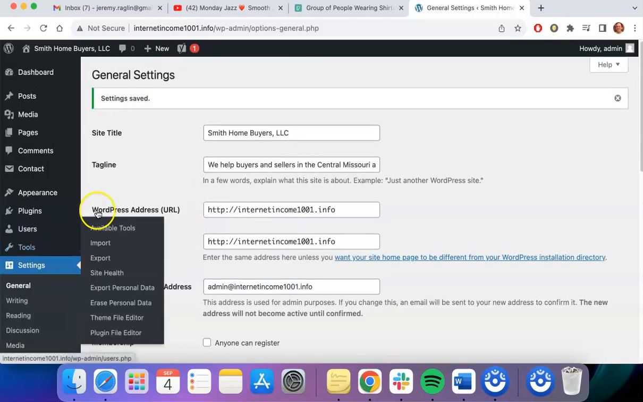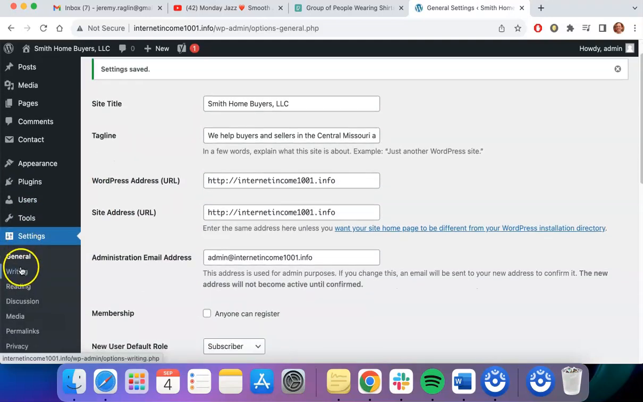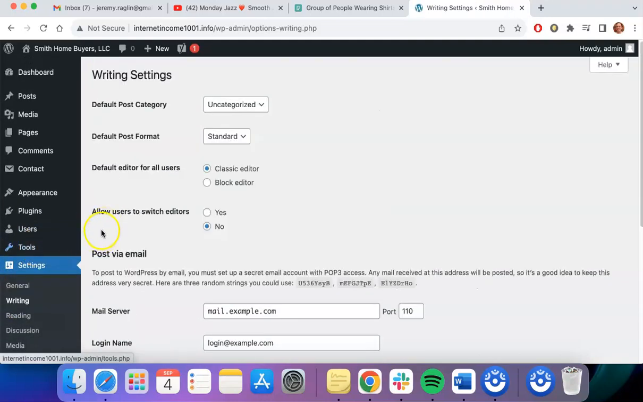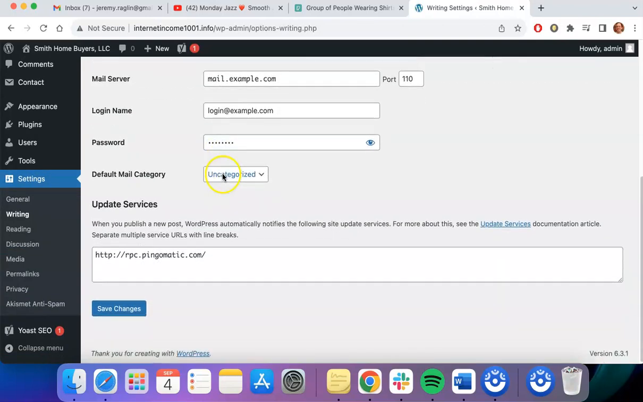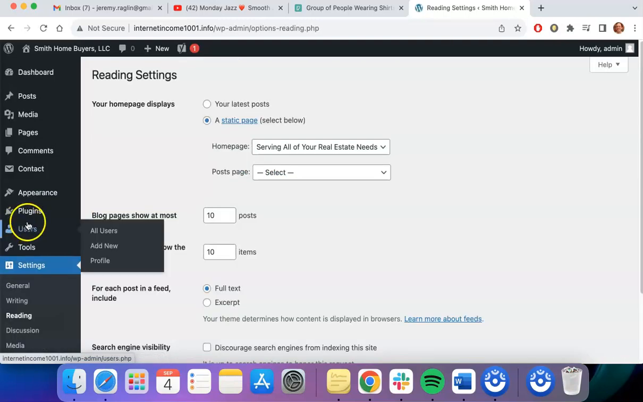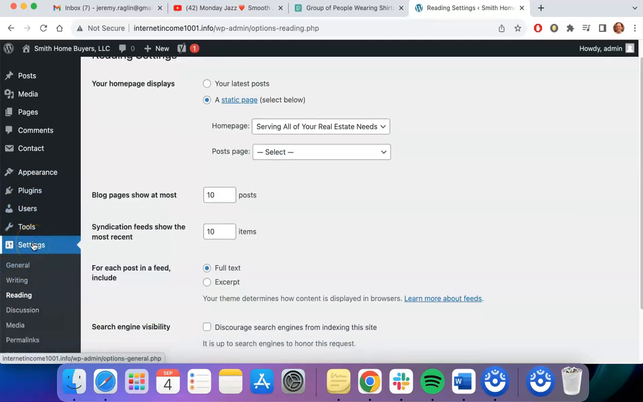Now, once the general settings is done, then you're going to click on Writing. And there's not much that we have to do here, so I would just leave this as is. The page that I want to look at is, I believe, Reading. Yes. So if you go over here to Settings again, and you click on Reading, what you want to do